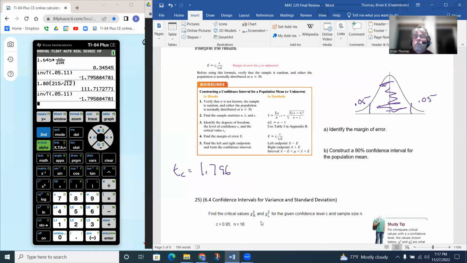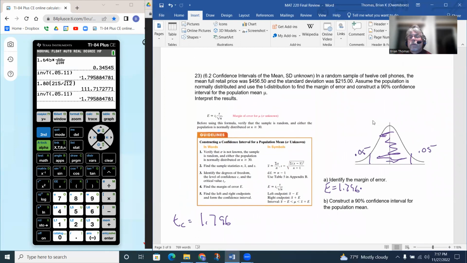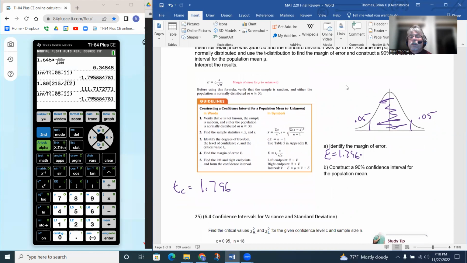So to identify the margin of error, we have this formula that E is going to equal 1.796 times the standard deviation of the sample, not of the population. So that's going to be the 215. And we're going to divide that by the square root of, since there's 12 cell phones, the square root of 12. So if we put this in the calculator,